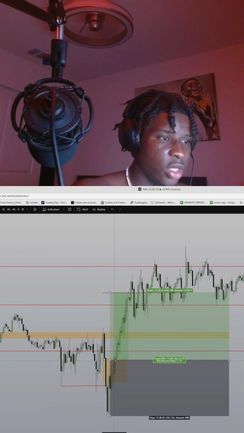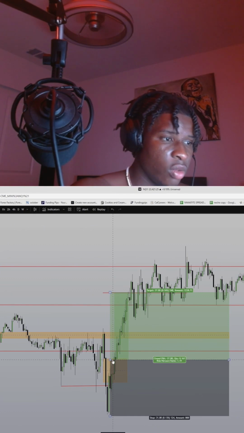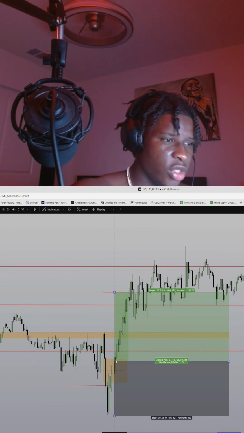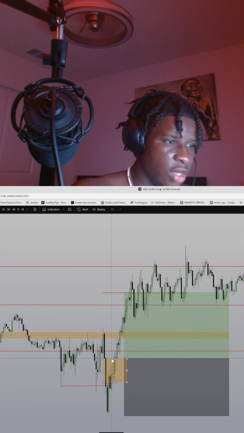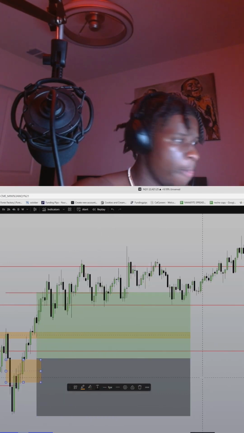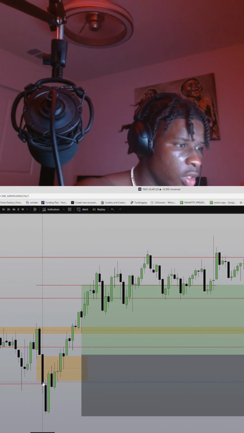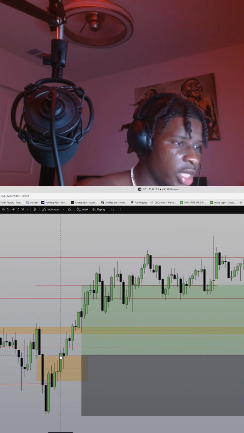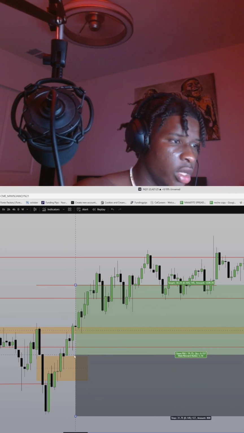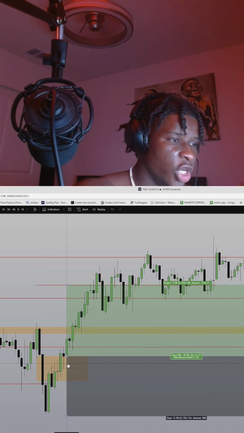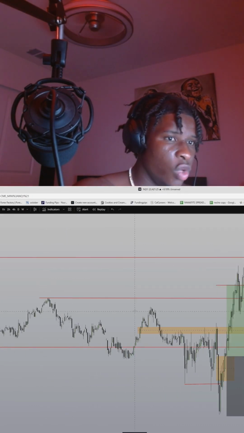So once the candlestick closed below the candle, which is right here, this is the candlestick low and high, and we can see this candlestick closed below, and we saw price trade back into this low, into the gap. And once you saw that, I triggered my position off of there,